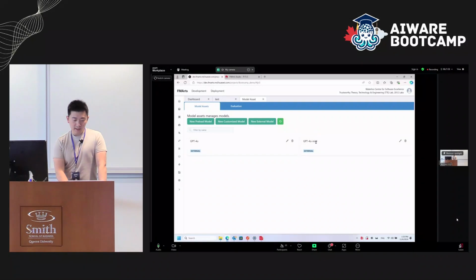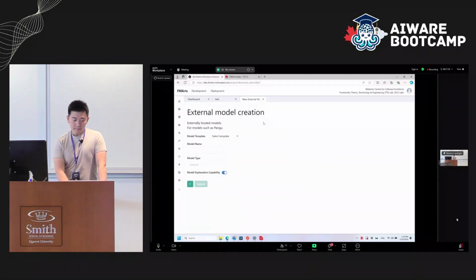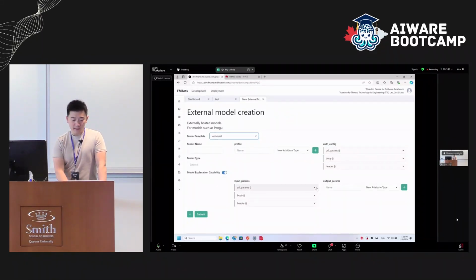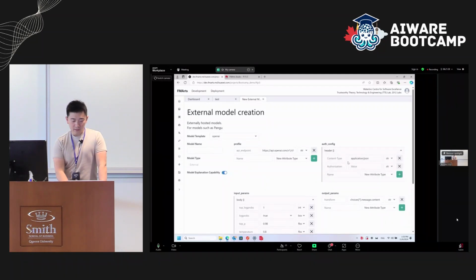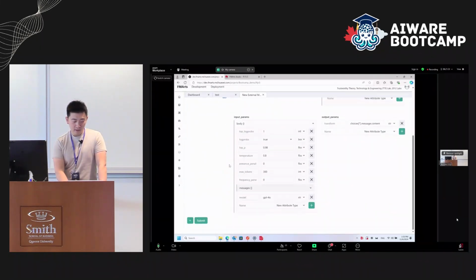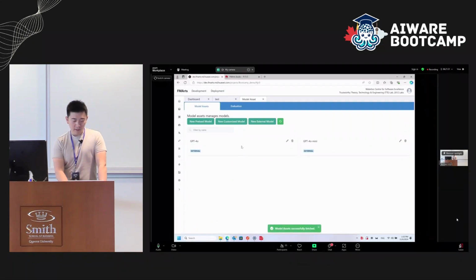GPT-4 and GPT-4 Mini are something we already created. You can create any external model through a standard way of specifying the API requests. We also have built-in templates to easily customize a provider, for example, the OpenAI provider. So you just need to put in your authorization key here, and then you can just use it. We already created two, for 4 and 4 Mini, with our own key, so I'm not going to show that,